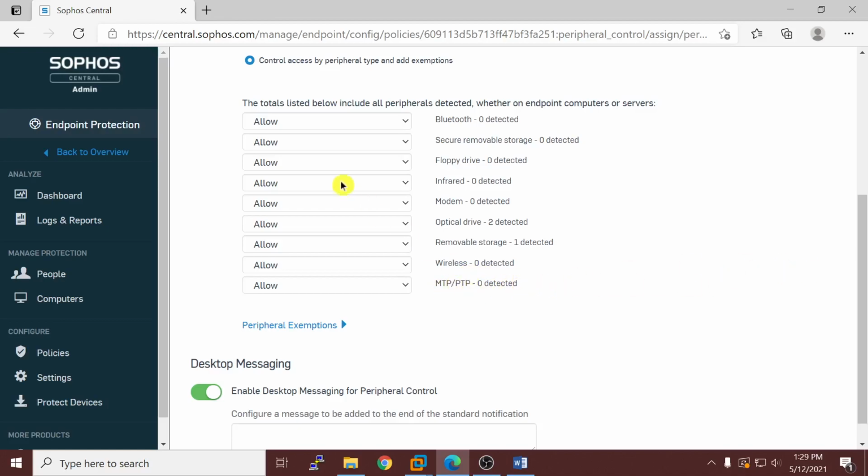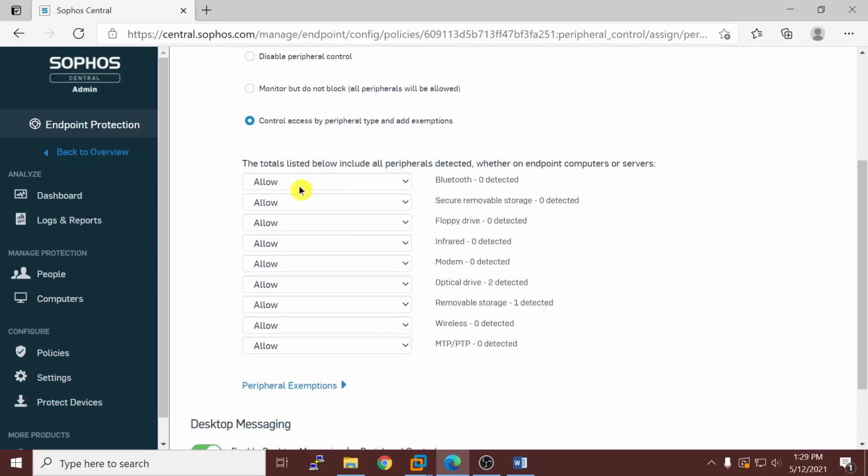Currently it is allowing control, and we also have block control, and some devices have a read only option. For example, you can set a read only state for a pen drive or USB drive. But some of them have only allow and block options. So these are the different controls available here.